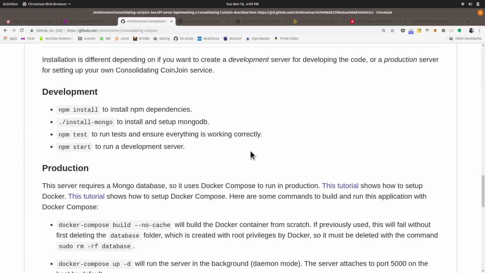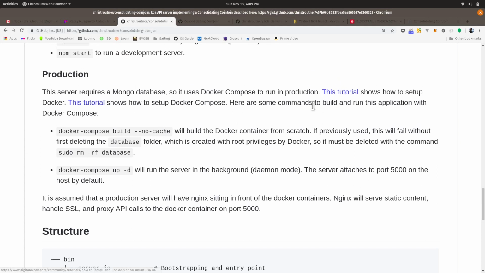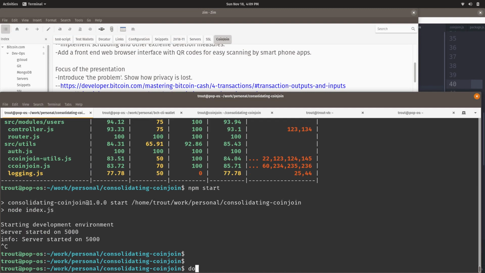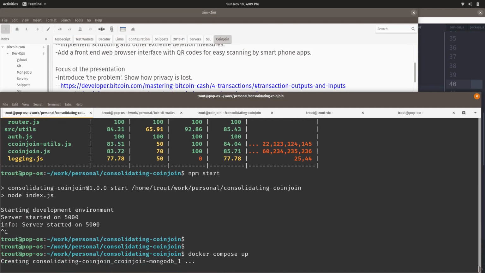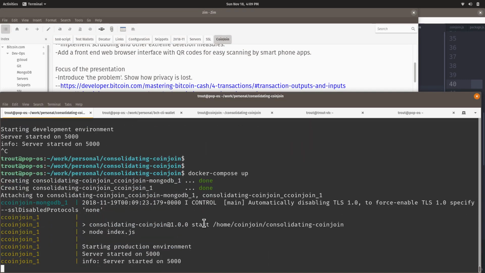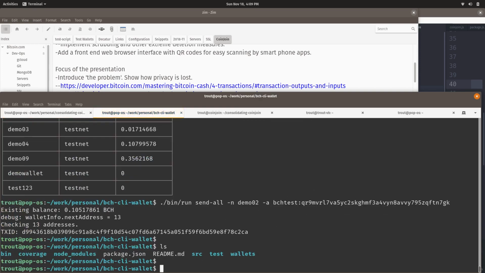Production is a slightly different setup. It uses Docker, or more specifically Docker Compose. I have tutorials in here on how to set up Docker Compose and how to set up Docker. What that looks like is you run docker compose up, and that starts the server again on port 5000.